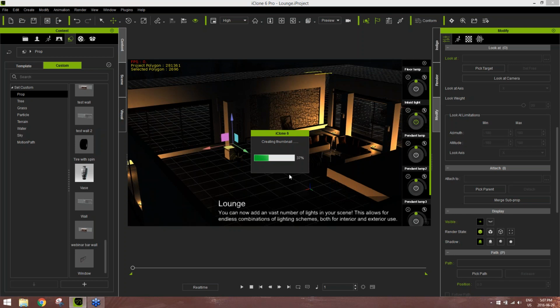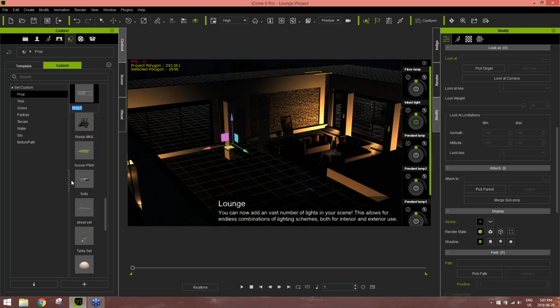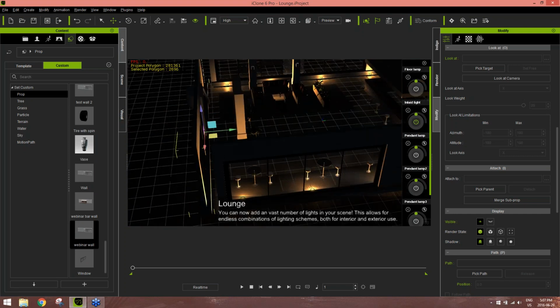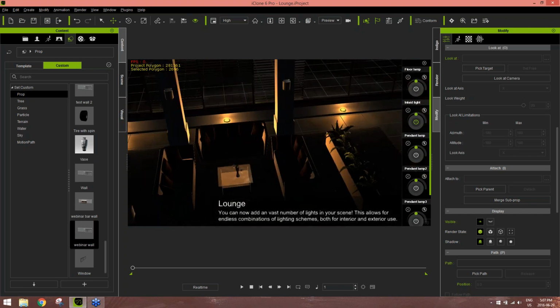So iClone has a bunch of embedded projects, and if you go through those projects, you can actually pick and choose different assets that you want, and you can save them and use them in your own custom projects. So we'll call it webinar wall. Just webinar wall, I guess. Okay, and after webinar wall, let's find one more thing to choose to save out,